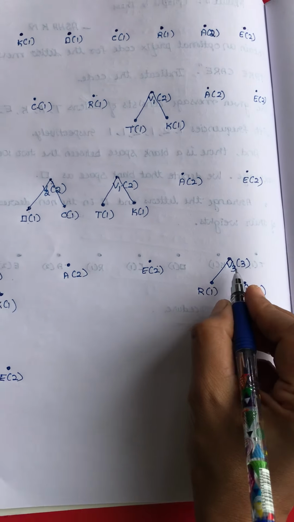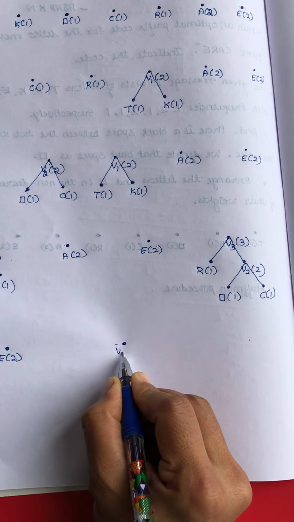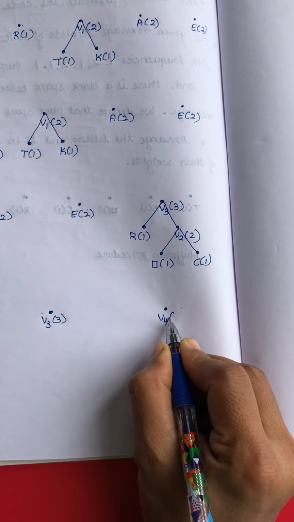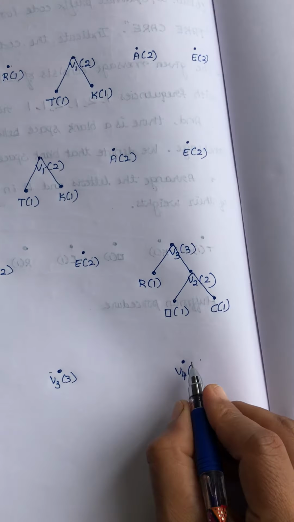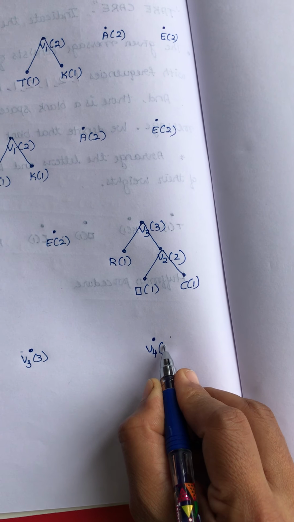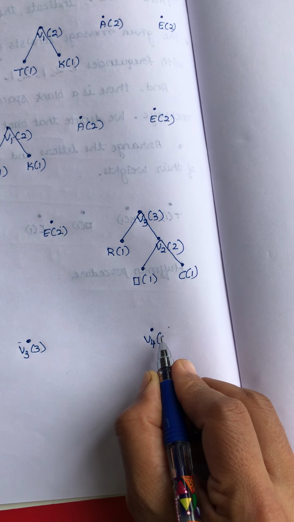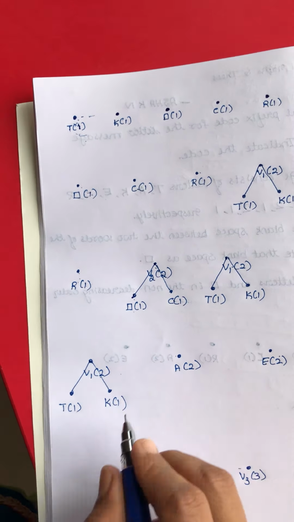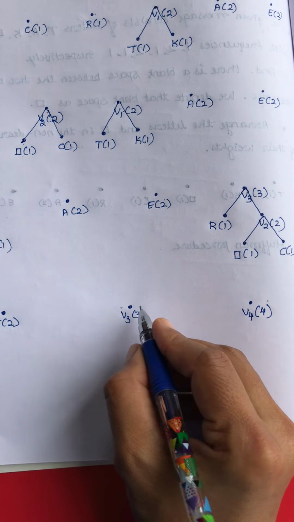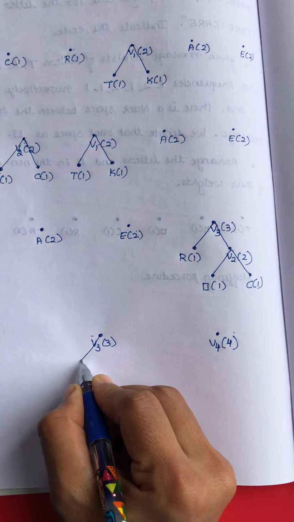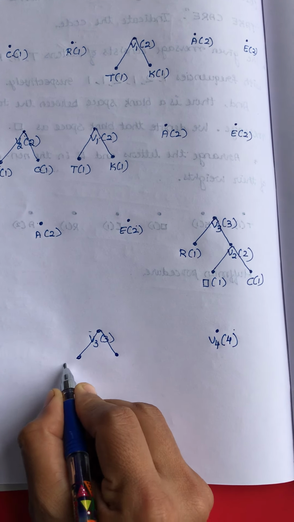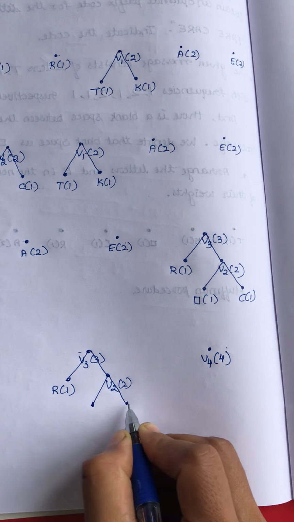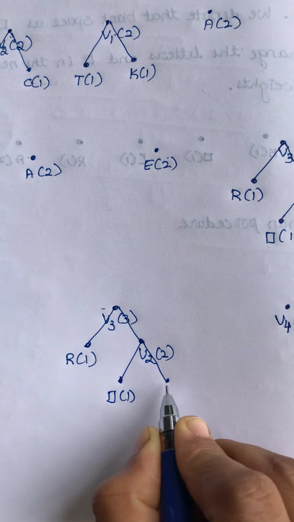And then we have V3 of 3. And then new vertex V4 of 4, because 2 plus 2 is 4. If you are getting some 7, it is V4 of 7. It's not that it is always V4 of 4, V5 of 5, not like that. In the bracket I am writing what we are getting after adding. Okay, so what is this V3? Whatever V3 is there we have to write as it is, whatever we have in the previous step. So it is R of 1, V2 of 2. V2 of 2 is blank space of 1 C1.